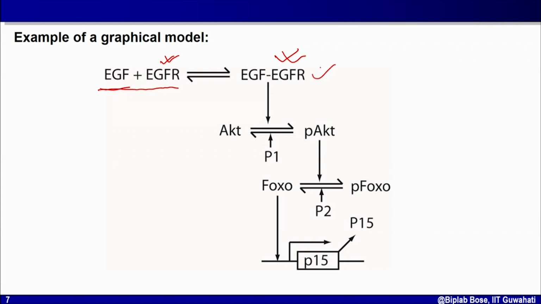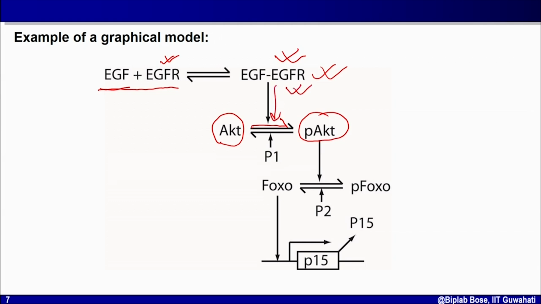Once this complex has been formed, it triggers multiple processes. We have not shown all these processes. What happens after the activation of these multiple processes is that AKT, which is a kinase, gets phosphorylated. So rather than showing all the processes involved, I have just shown an arrow, and here AKT is the substrate which becomes phosphorylated to PAKT. So this is the process by which AKT is getting phosphorylated to PAKT, whereas this complex EGF-EGFR is actually controlling